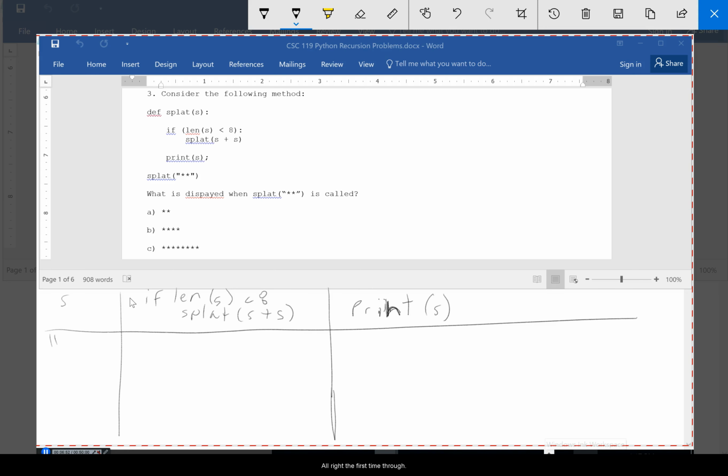All right, so first time through, s is equal to star, star. Now remember, len finds the length of your string. So 2 of these get passed in, s is 2 stars, so 1, 2 is the length. 2, so basically that comes out to if